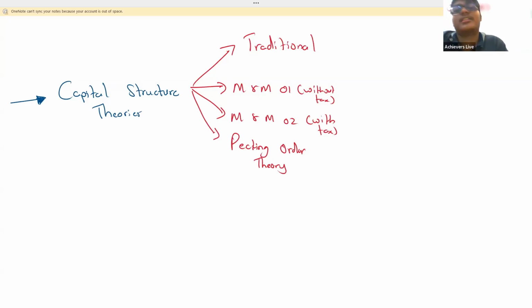At least one person should give the correct answer. Pecking order theory is based on something. Correct, Yusuf. I mentioned this in the class also. Pecking order theory is based on transaction cost. It is seeking to minimize the transaction cost. So they rank the sources of finance based on the transaction cost, from lowest transaction cost to higher transaction cost.